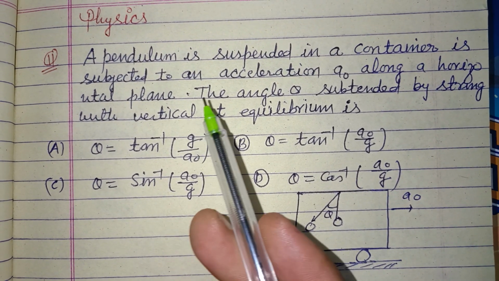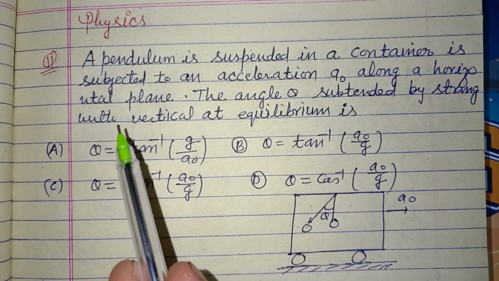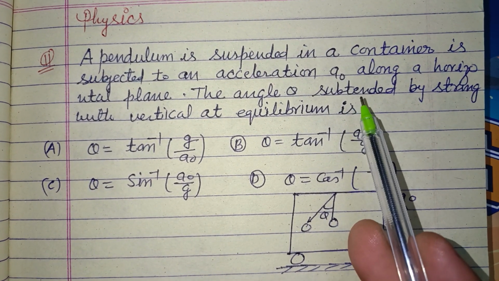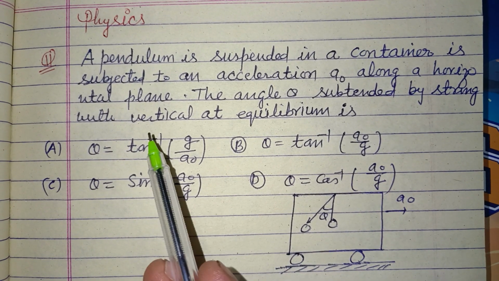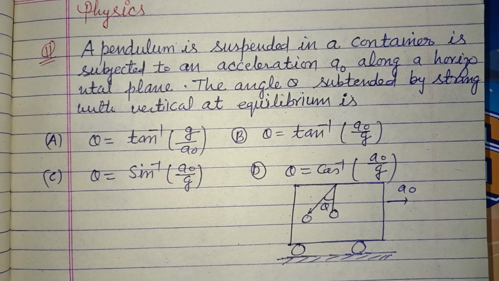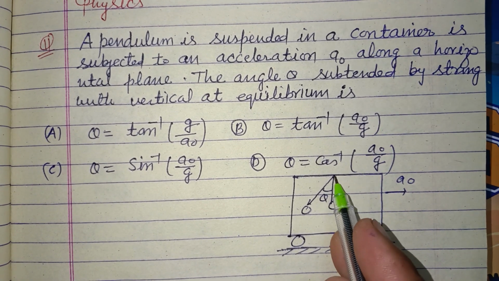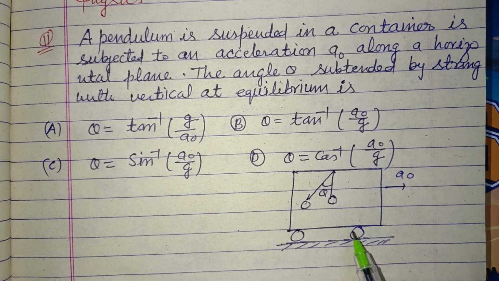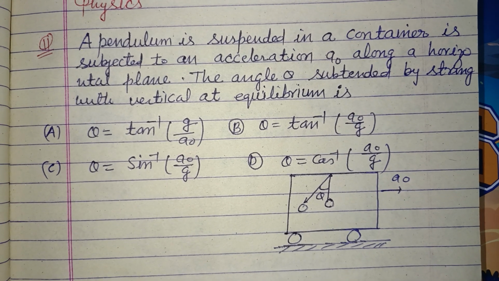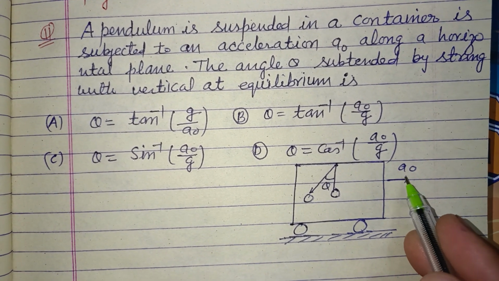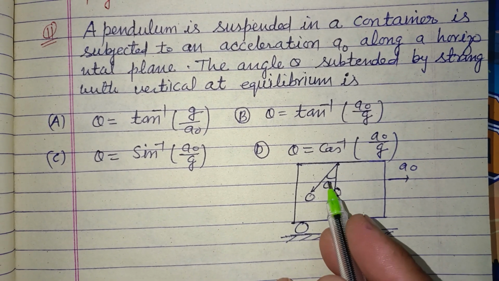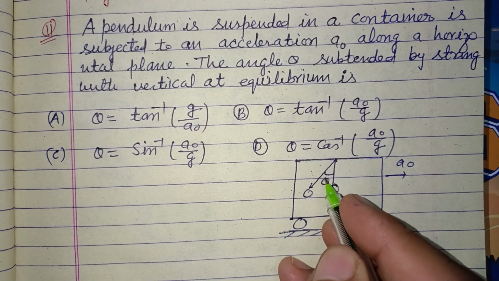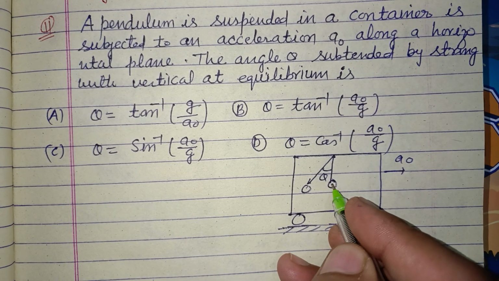The question is: a pendulum suspended in a container is subjected to an acceleration a0 along a horizontal plane. The angle theta subtended by the string with the vertical at equilibrium is. So students, this is a pendulum which is hanging in a vehicle, and the vehicle is moving with acceleration a0 in the right direction. So the string makes an angle theta with its normal position,